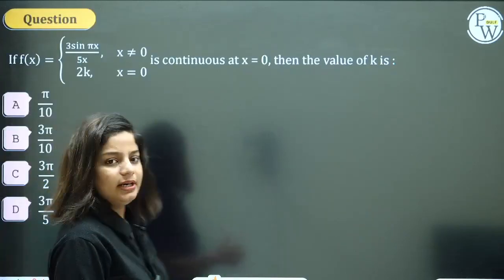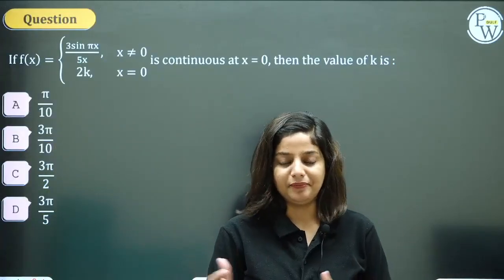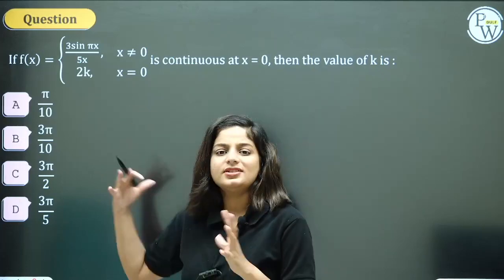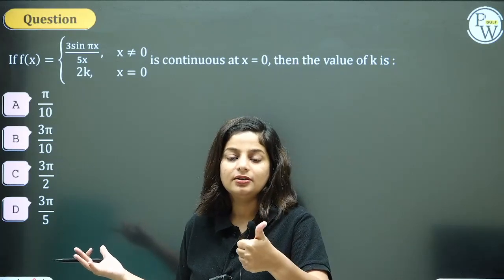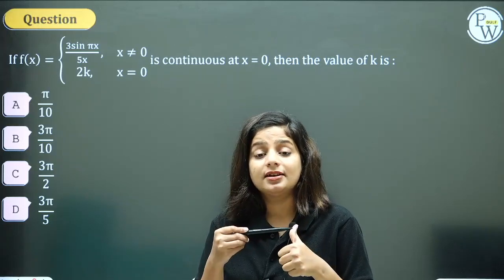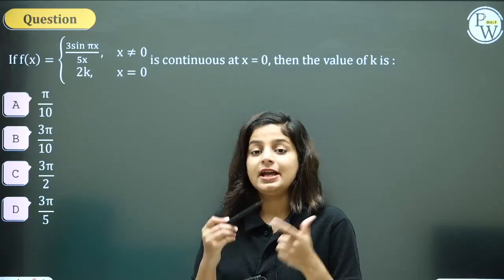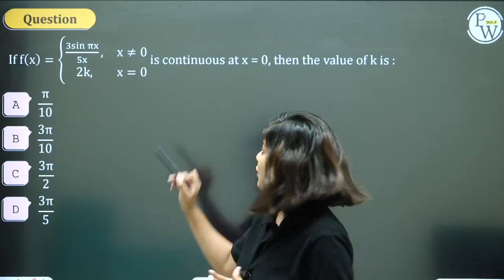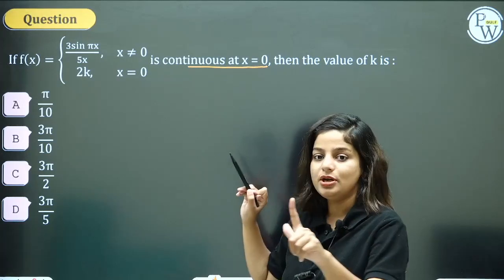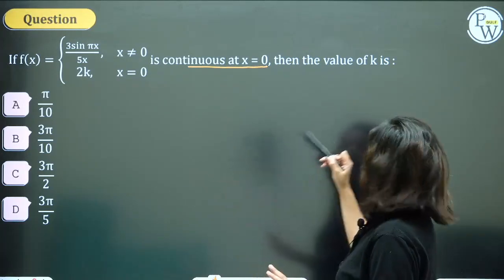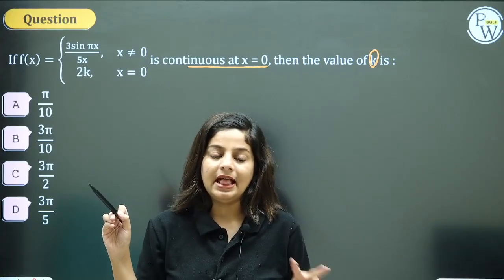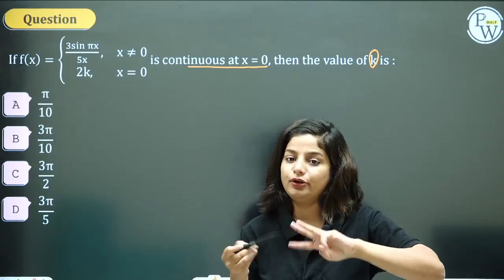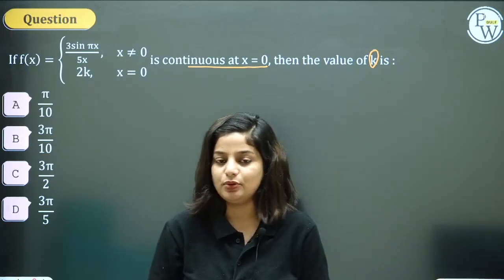So continuity, discontinuity. For this question, now this is also one type of question that can come. One type of question is find whether it is continuous or not. Second type of question, they will say already it is continuous at x equal to 0. Find k. So you have to find an unknown value. That's second type of question. Third type of question is find the point of discontinuity. Three types of questions we encounter.